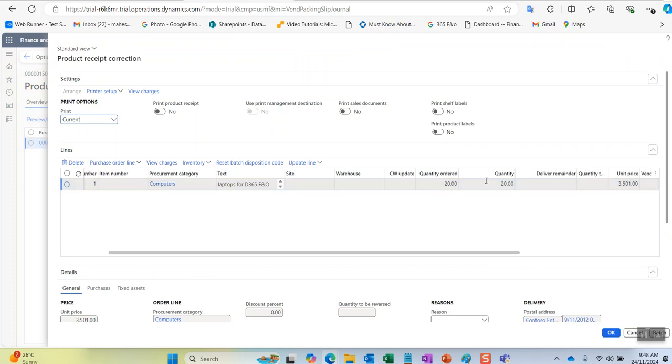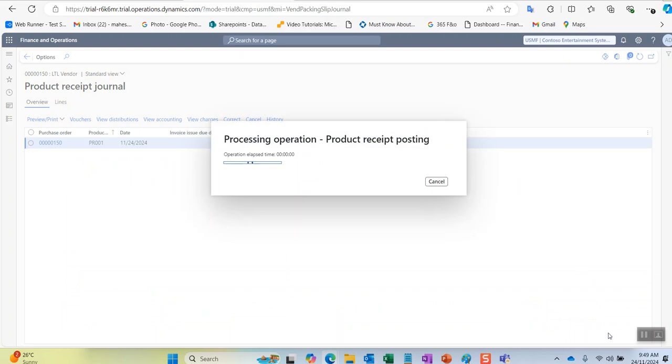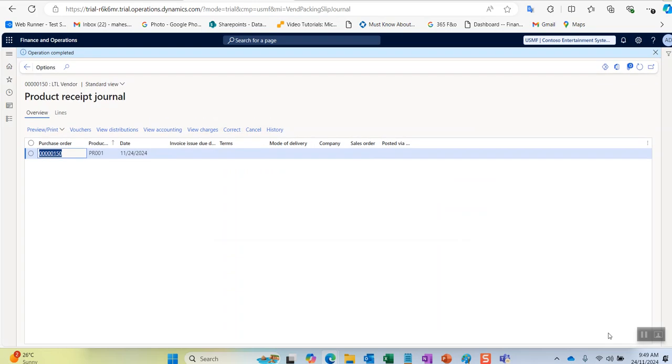here you can modify the quantity. It should be greater than 0 and it should be less than or equal to the received quantity. So here my received quantity is 20 and I want to receive 10 quantity. So I will modify it to 10 and I will click on OK. So when we click on correct and we have updated the quantity as 10 and clicked on OK,